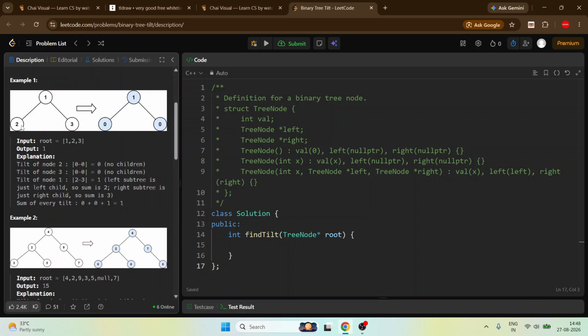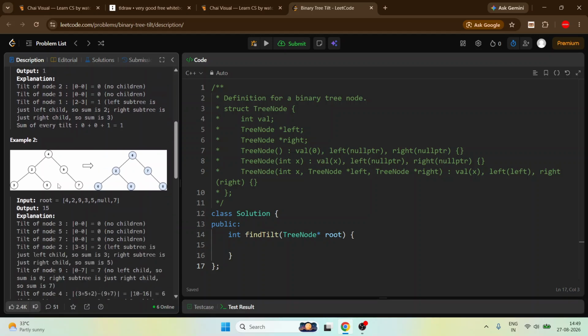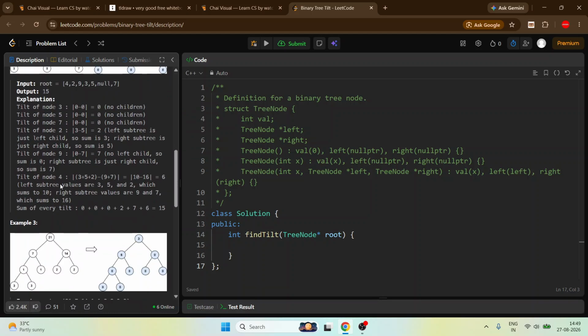you can see here this 2 is 0, this 3 also becomes 0, but in the total sum, the 2 will become 2 plus 0, which is 2, and this 3 will become 3 plus 0, 3. The difference of both of them is 1, so we put 1 here, which is our tilt sum. Simple, as simple as that.